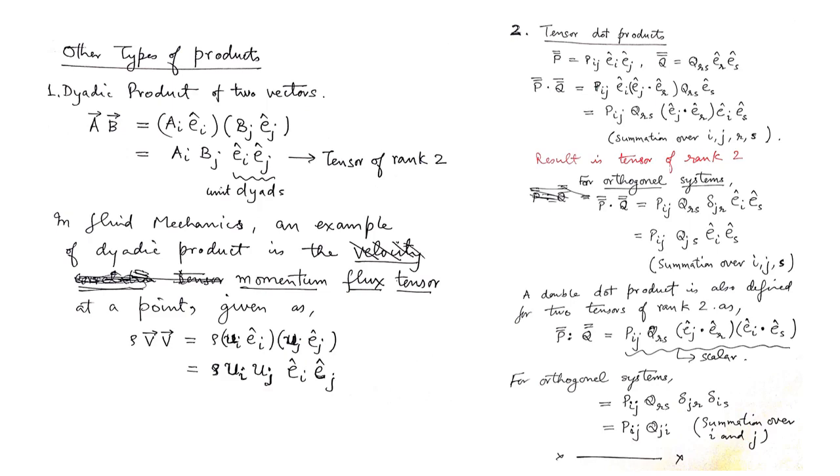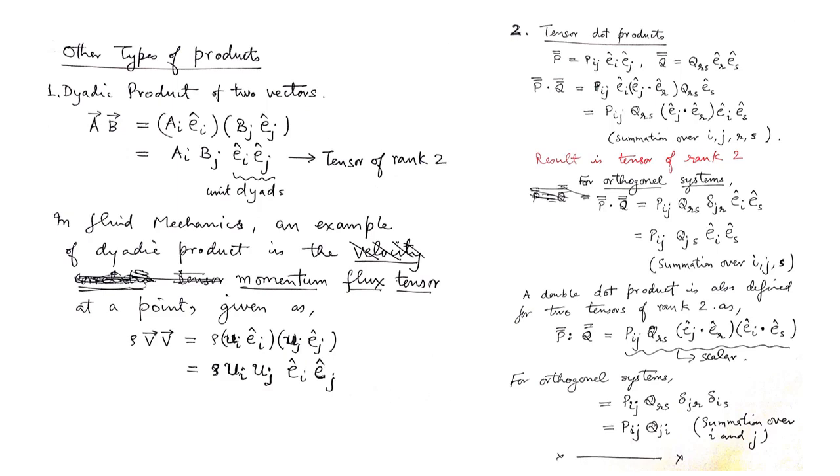So that means if the dot operator is in the middle, then the second unit vector Ej cap from P will be involved in the dot product with the first unit vector in tensor Q. I repeat, in this kind of dot product, the second unit vector from the first tensor will be involved in the dot product with the first unit vector of the second tensor. That's why it's written as Pij Ei Ej dot Er Qrs Es, and Pij and Qrs are scalar, normal real numbers, so they are just taken together.